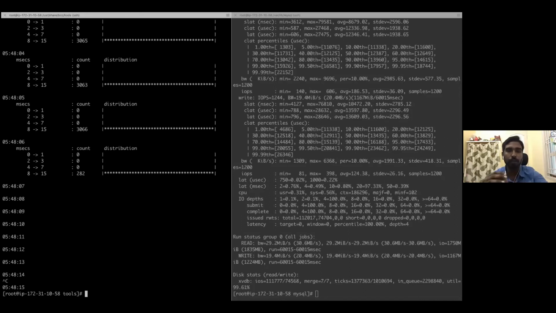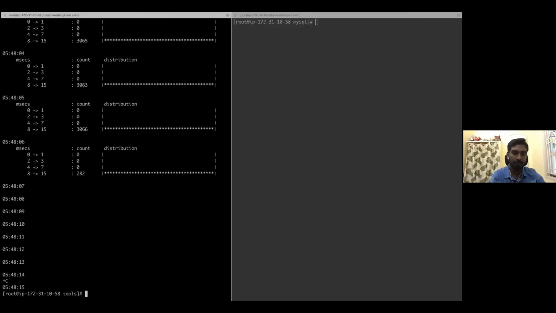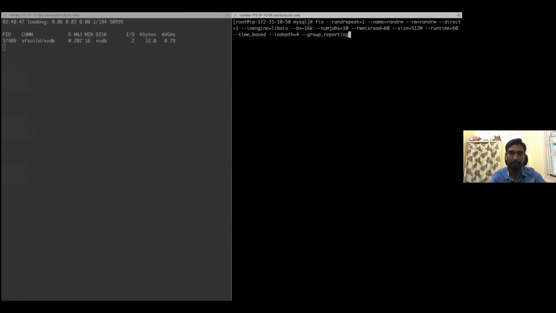Now you get to know that there is some IO blocking which is blocking the IO system, and you want to know which process is hogging your IO subsystem. There is another command for that: ./biotop. This is similar to the top you run on your system, and it tops out all the block IO processes. Now again I'll start a FIO process.